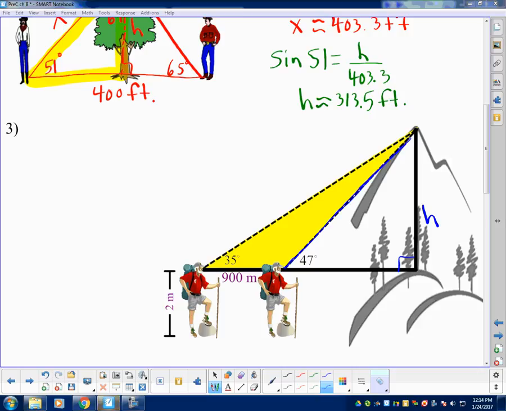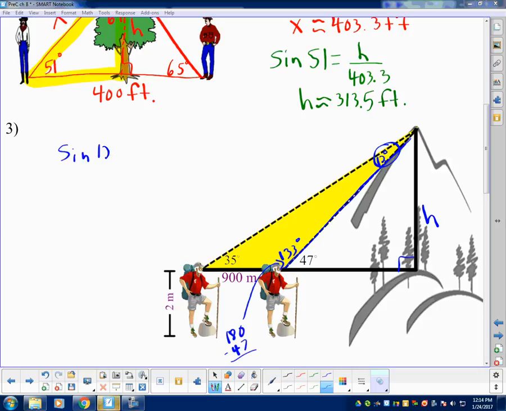Well, that one is opposite the 35, right? And then here I have a 900. If I could figure out the angle right here. 12, just do that. It's 12. Okay, how do you know it's 12? Because I did 180 minus 47. Okay, 180 minus 47 will give you this one, which is 133. And you add 133 to 35, you get 168, leaving this to be 12 degrees. Okay, good. So we have sine of 12